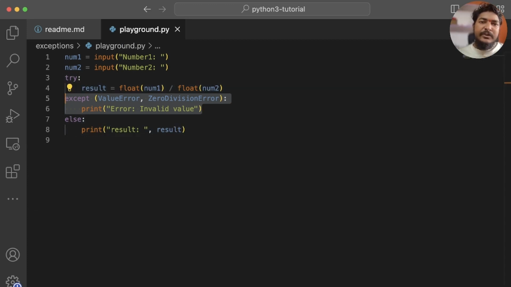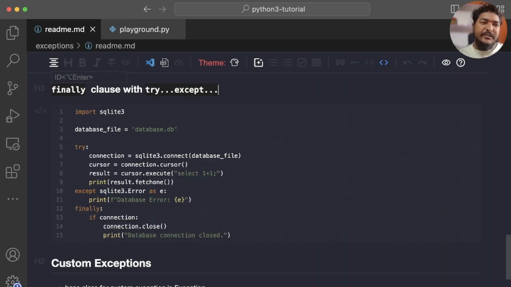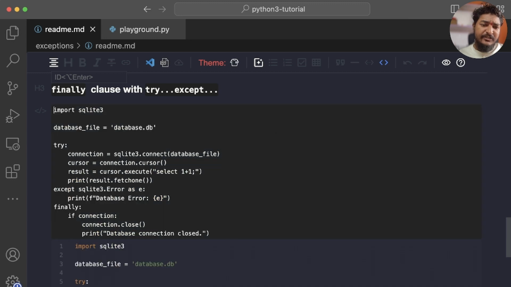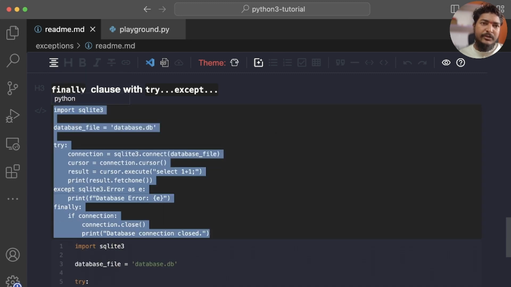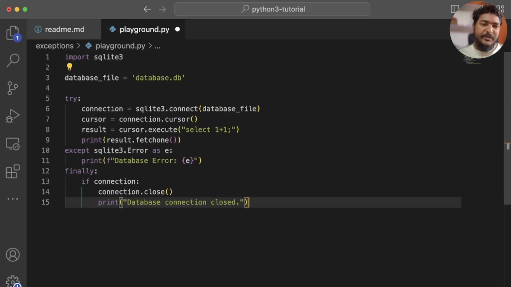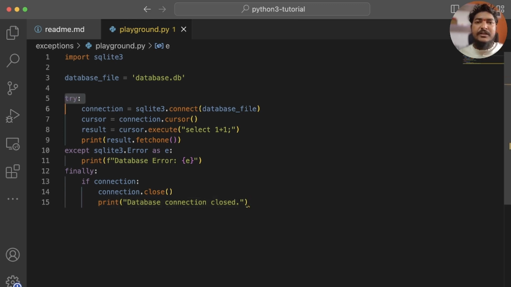Let's go back to the readme and look at how we can use the finally keyword with try except. Let's copy this code to the playground and replace the existing code. Here we have this try block, after that we have this except block, and we also have a finally block. Whatever code we have inside this finally block